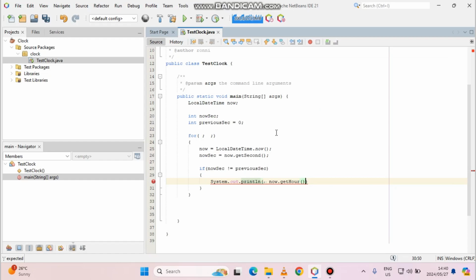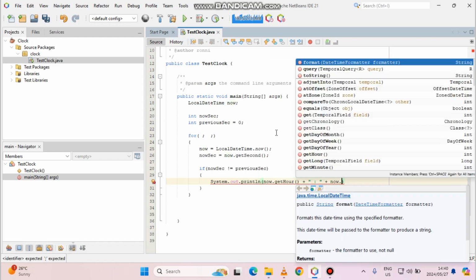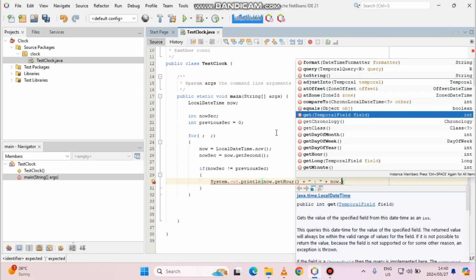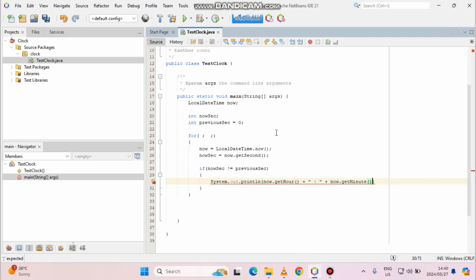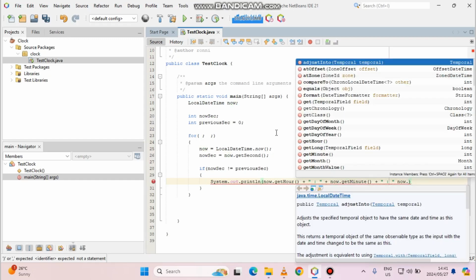And also you want to display the following: we'll say on the play also the now.getMinutes, because after hours you also want to see the minutes, and after minutes we also want to see now dot the seconds. But now, because seconds we initialized a second variable on top there, we just get the seconds